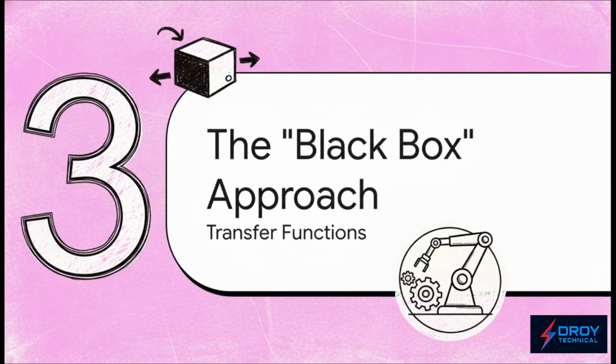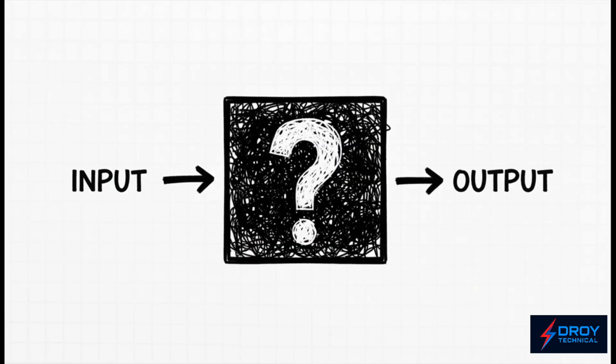So, okay, how do we actually build one of these models? For a long time, the go-to method was what's called the black box approach. This was the classical way, the foundation of control for decades. And the name is perfect, because the idea is actually beautiful in its simplicity. We decide we don't really care what's going on inside the system. The gears, the wires, the physics, we just treat it like a sealed black box. All we want to figure out is, if we put this signal in, what signal comes out?